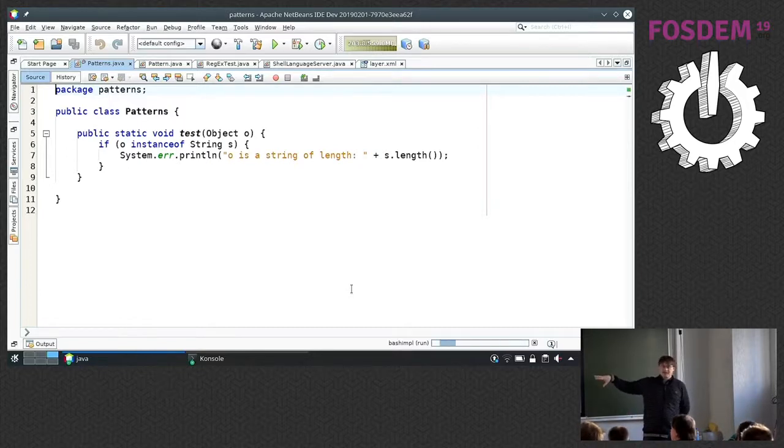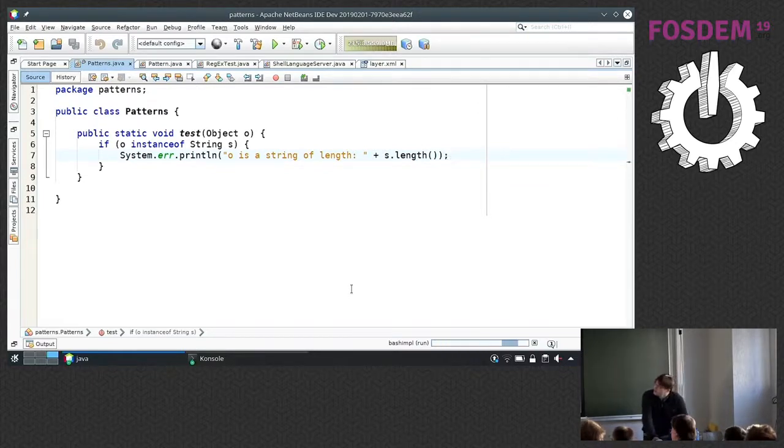And NetBeans itself doesn't know basically anything about this new feature. But since it's running on a JDK that understands this new feature, it shows no errors because javac can understand this.